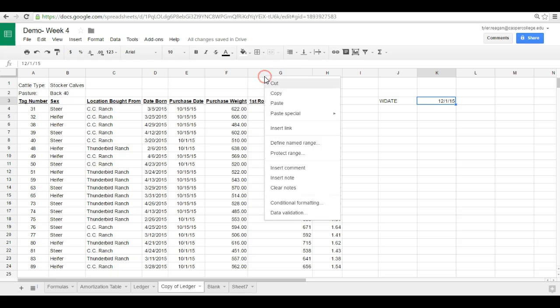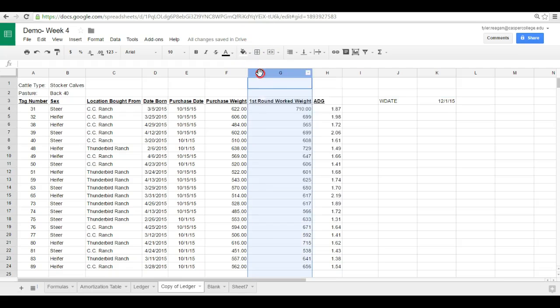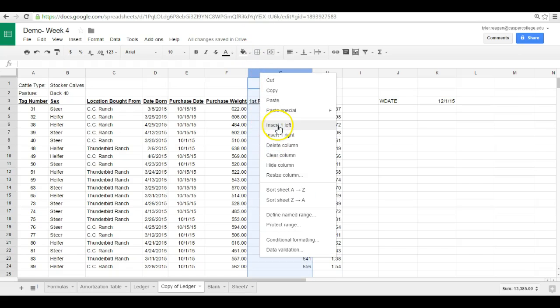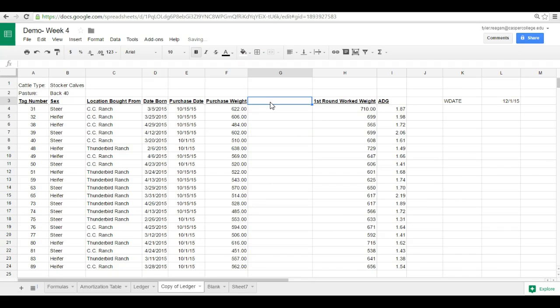So instead of coming in here and inserting a column right here and saying worked date, and then you say 12-1-15 and making that run all the way down and then doing your formulas that way,